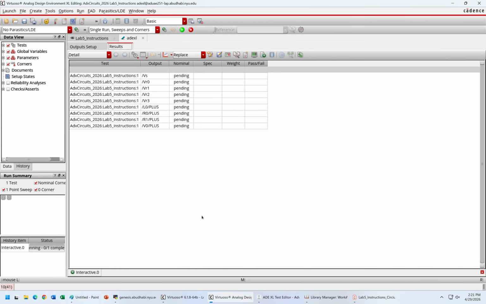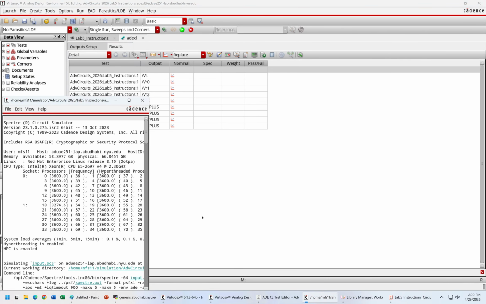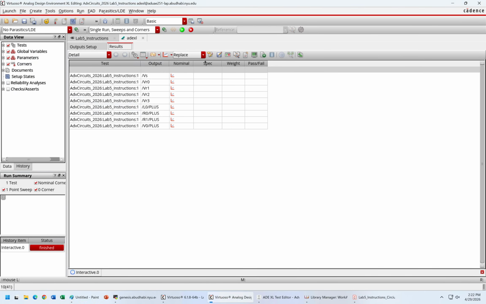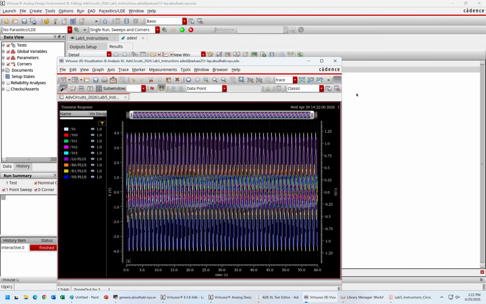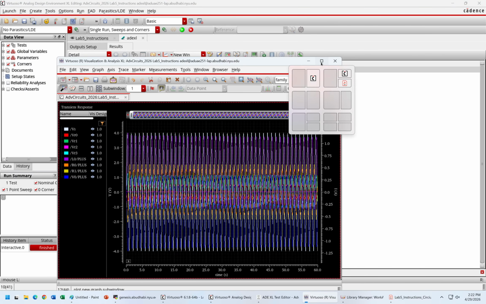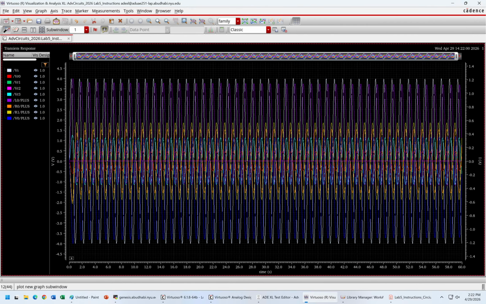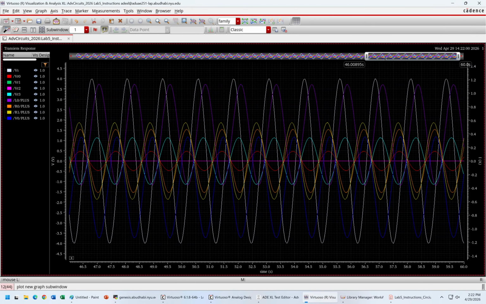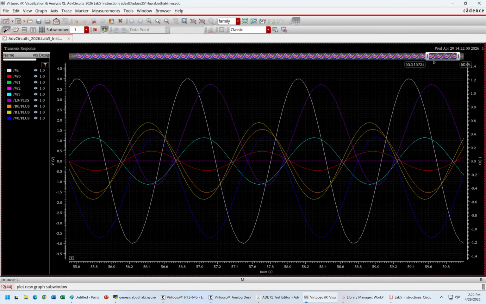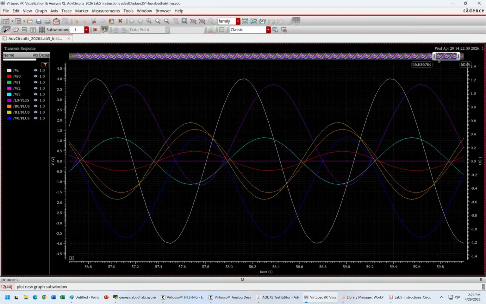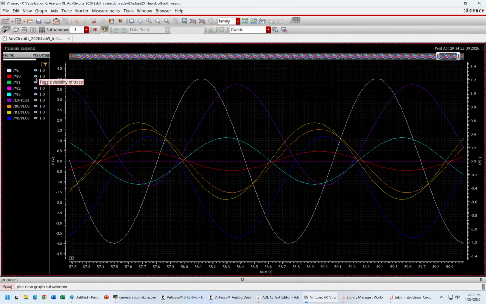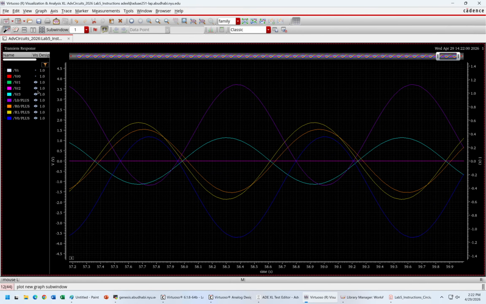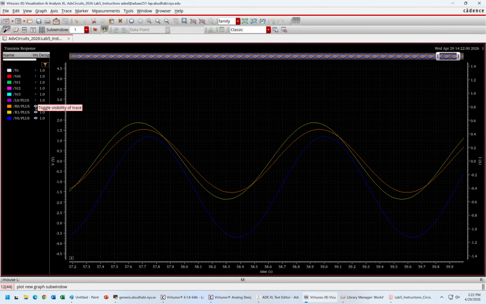Let's see. Okay, we have the plots. Let's look at, I'll take the new window. Let's quickly plot all of them. Okay. Beautiful plots. Okay, I'll turn off everything and I'll start verifying the peak values